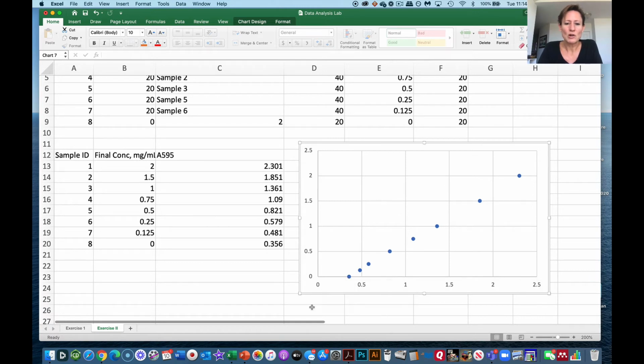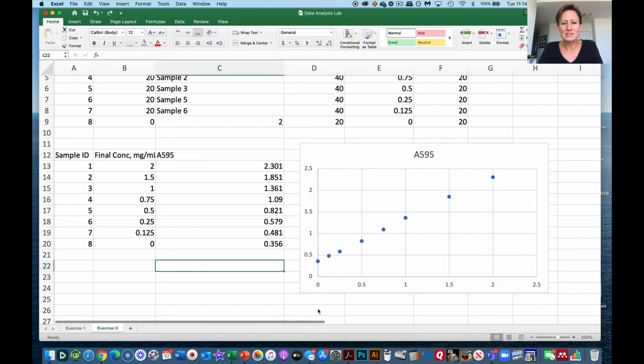But notice here where it would intersect my y-axis. It would say that my 0 concentration would have a negative absorbance. And we know that's not the case. Okay, so we want to make sure that our plot doesn't look like this. It still looks like it could be right, but it's not correct. So I'm just going to, my favorite keystroke, Command Z, undo this and get back to our correct plot here. All right, so now we have our correct plot here,